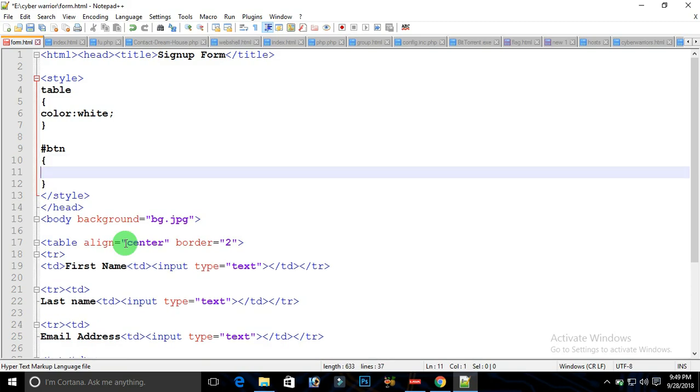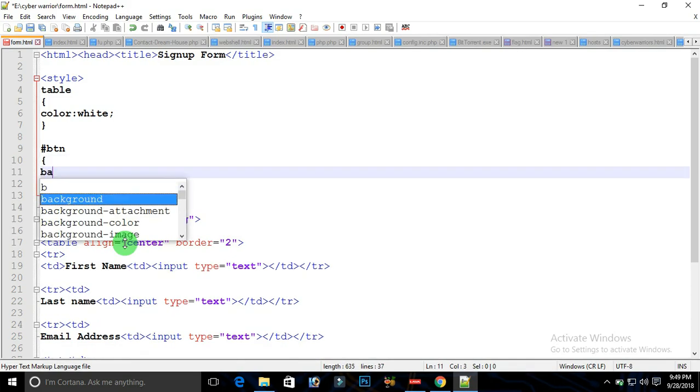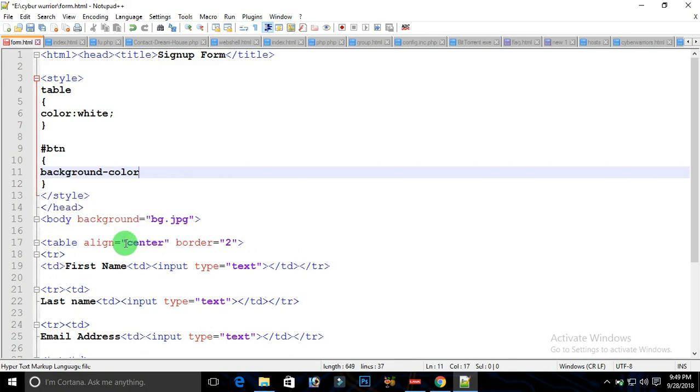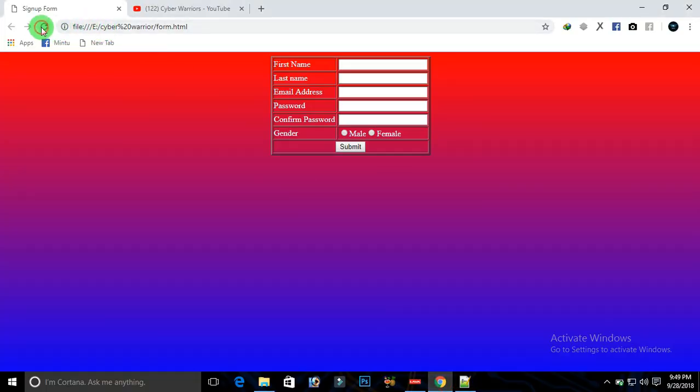So in between I am writing background color. There's also one thing that we cannot use spaces in CSS. The alternative to a space is a hyphen, so background-color colon, I want it to be green, so I am typing green, and pressing Ctrl plus S to save my document, and while reloading